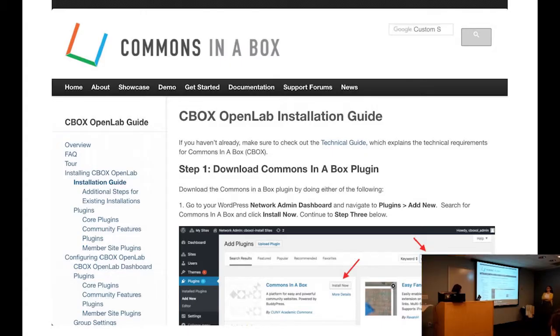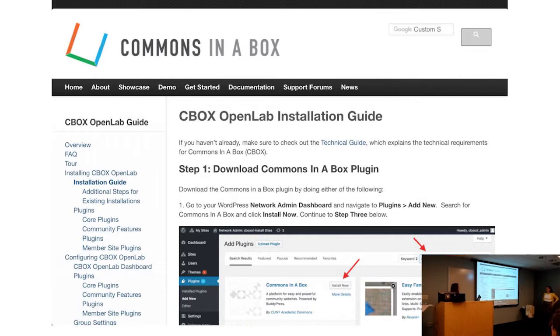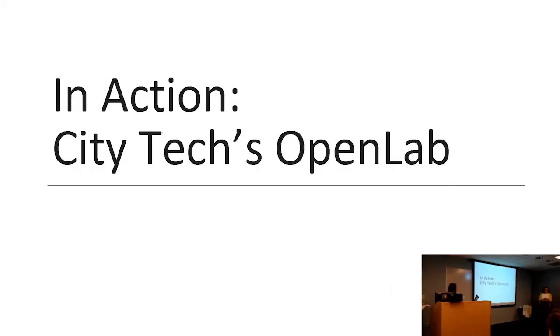And lastly, if you want more information about CBOX's openLab features, you can visit cbox.org for full documentation, demo sites, showcases, and support. And I'm going to turn it over to Jody, who's going to talk a little bit about